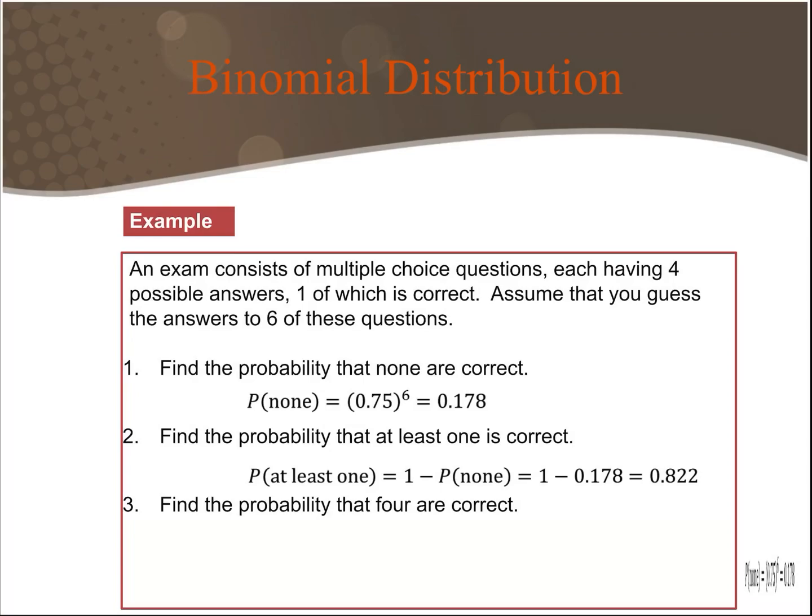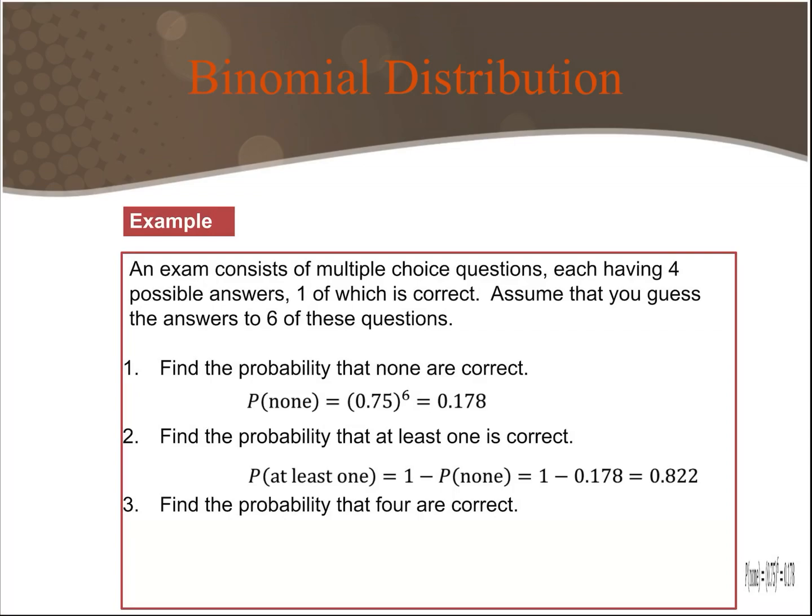In the last lesson, we found the probability that none are correct. So the probability that none are correct, if you have 4 possible answers, you have a 0.75 chance that you're wrong, that none are correct. With 6 questions, so 0.75 to the 6 is